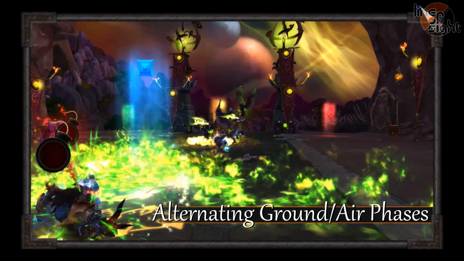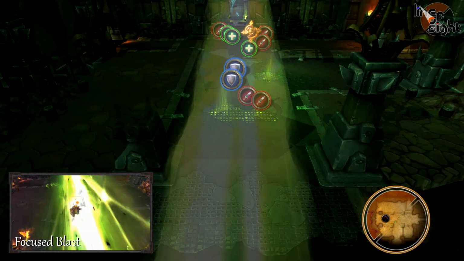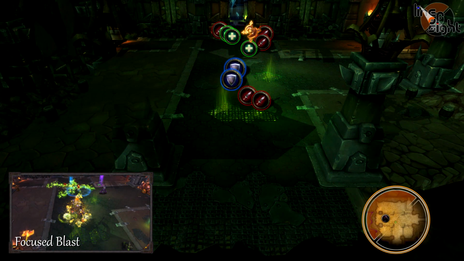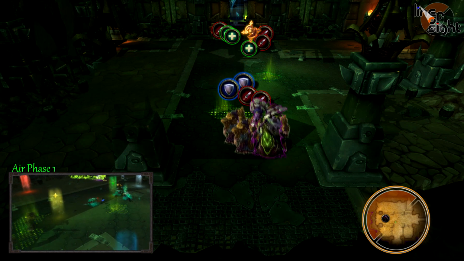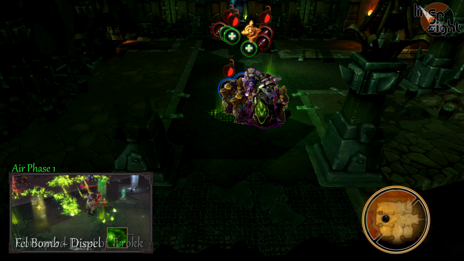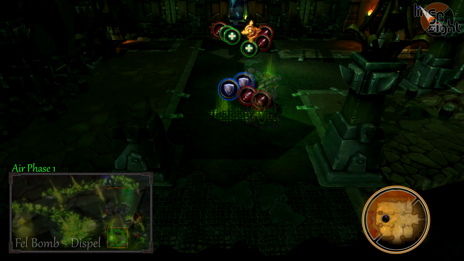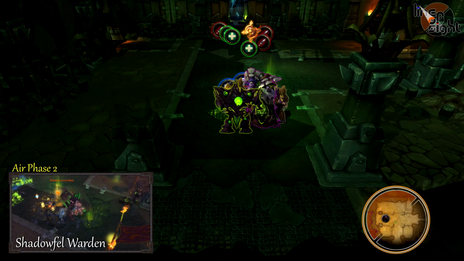Iskar taking flight will initiate the air phase. This will happen 3 times and is the most crucial part of the encounter. Each subsequent air phase will bring with it an additional add. A corrupted priest of Tarok along with a bunch of illusionary outcasts will spawn at the beginning of the first air phase. The priest will place bombs on players. These bombs can be dispelled by someone holding the eye, but it may be safe practice to move away before